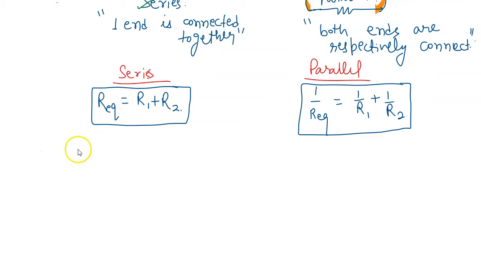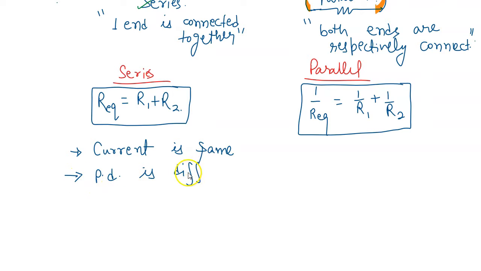Okay, and the two phrases that we will remember for series and parallel, using which we can do any kind of circuit questions. One, in series combination the current is same, whereas the potential difference is different. Remember, I am talking about the general circuit, because there are chances when the potential difference can be same if the resistors are equal. So we'll talk about those cases at a later stage, but as of now we will remember the keywords. Current is same, potential difference is different.